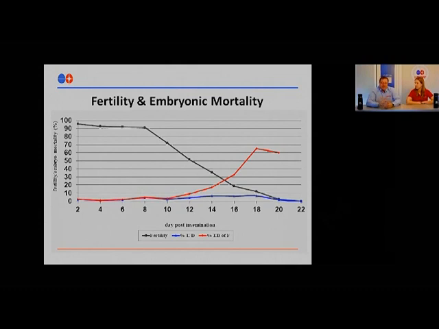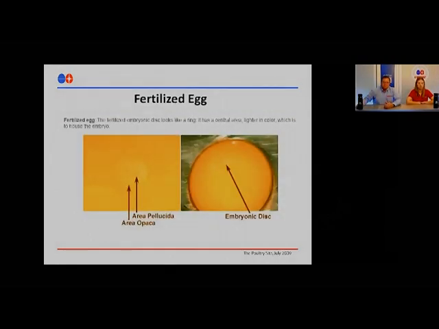And that can give you indications of why you're having fertility problems in your flock, and when we see the embryo mortality increase. So we can have sperm that maintain the ability to fertilize, but they may not be as viable of an embryo. So we have to remember that the embryo mortality will occur when our embryos are stressed, and sometimes they're a little bit more susceptible than other times, depending on conditions. So going more into the development,